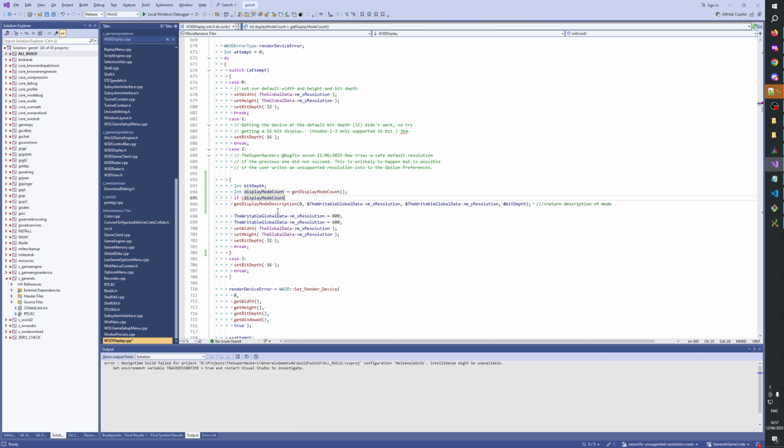If display mode count is larger than 0, larger equal 1, else